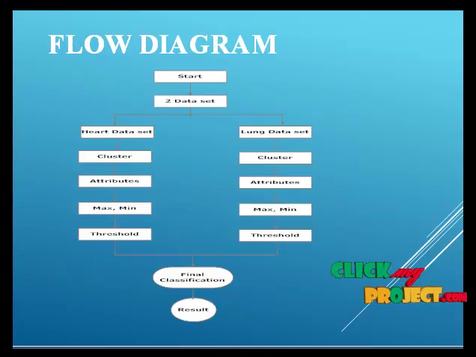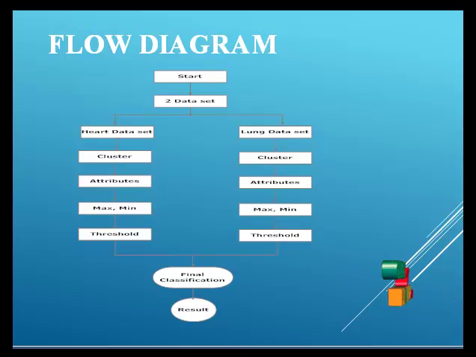Let's see the data flow diagram of the project. Here we have taken two datasets. What is meant by dataset? A dataset is a collection of data. Most commonly, a dataset corresponds to the content of a single database table. We implemented two different types of standard data. The standard dataset will be extracted and stored in a database. After data storage, a pre-processing technique will be applied to remove the missing values in the data. For the pre-processing method, the k-means clustering algorithm will be implemented.